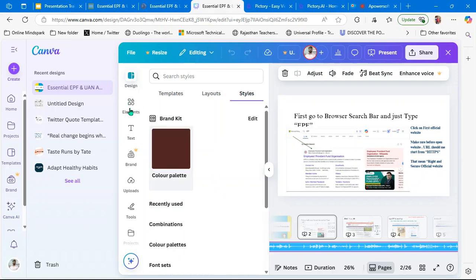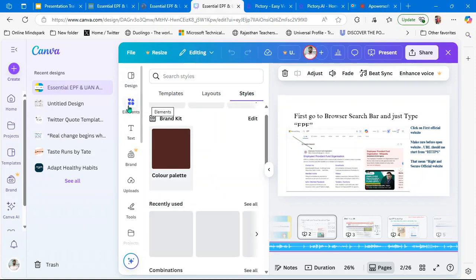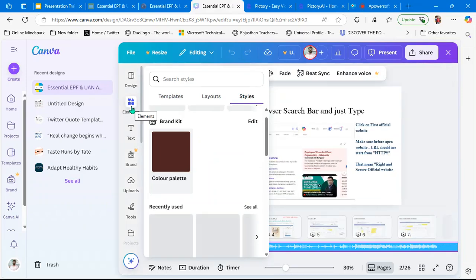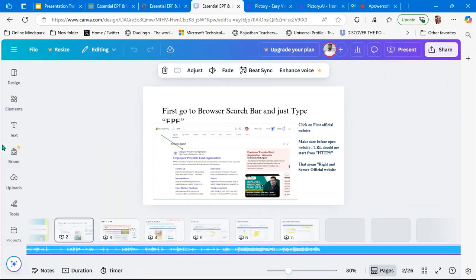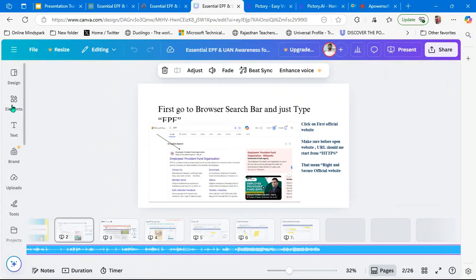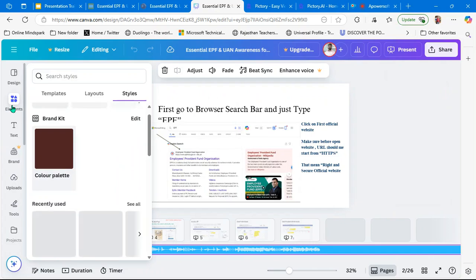Elements: this is the elements option. These features are more useful to make the presentation interactive. Okay, so you can add your picture, grid, so you can use it. When I click here on the element,